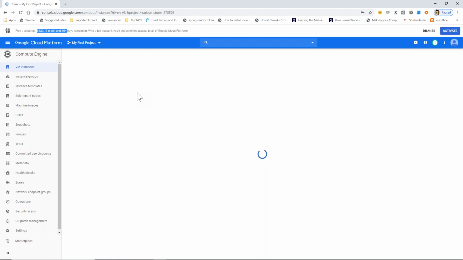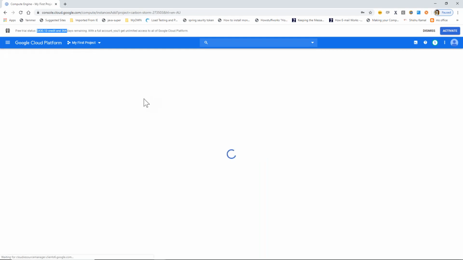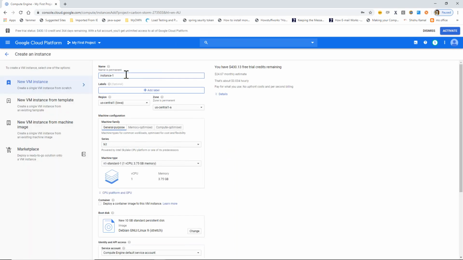Today first we'll create one CentOS server, because CentOS is the one we mostly use in our company as an enterprise server. I will name it Docker. For any server, whether it is a physical server or VM server or anything, we need to decide the operating system, then the RAM, the hard disk, and the processor. Only these four things will differ across computer, laptop, mobile, or server, everything.